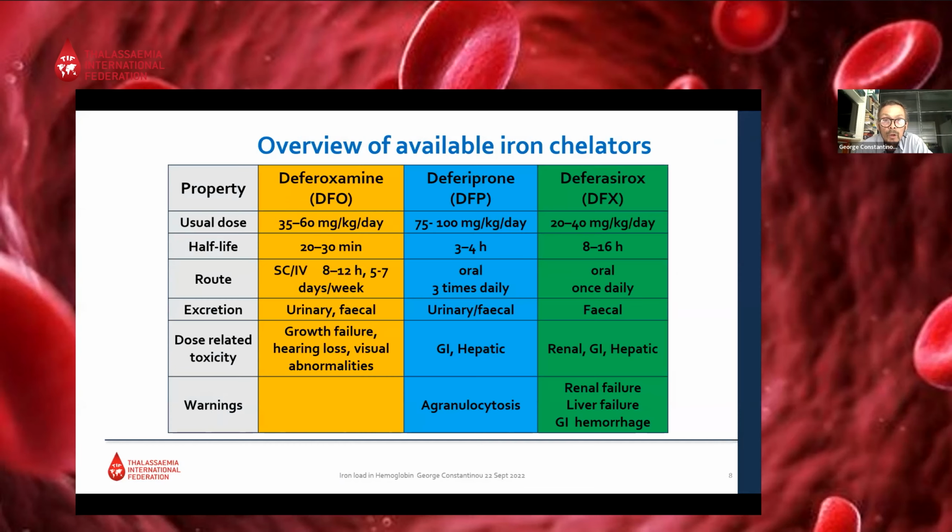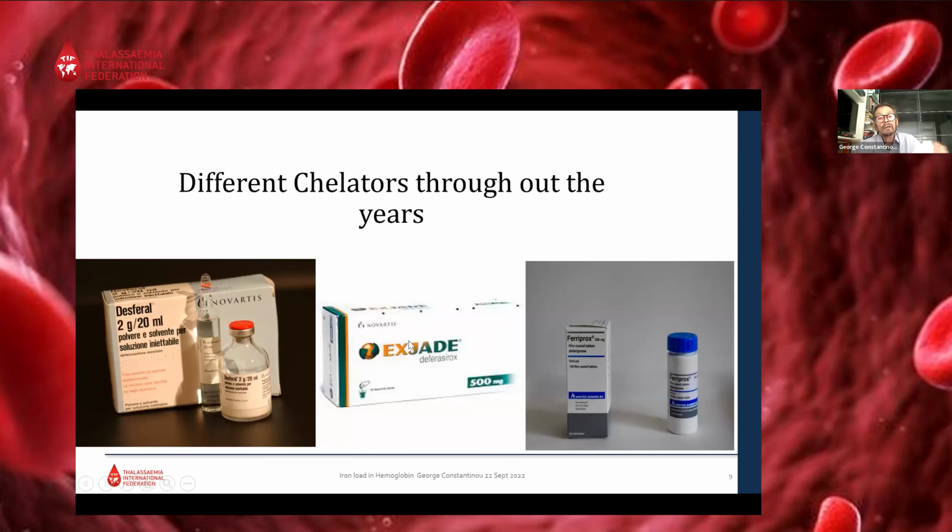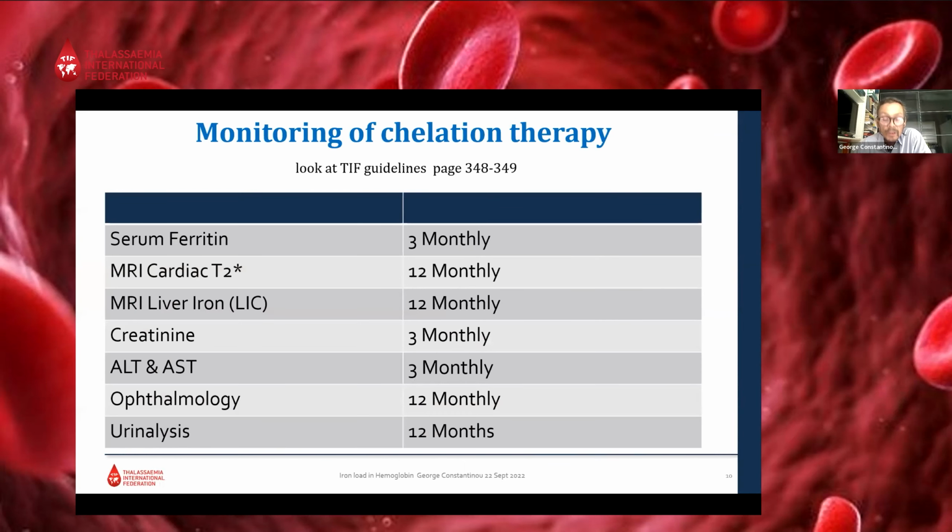I'm sure you all know this, each one of those different chelators, the usual dosage and the parameters. And as I'm sure you know, each one of those drugs that we all use, unfortunately now, from what we understand, the market is full of generics or fakes, and this is something that TIF should now start investigating because it is a worrying factor. What we need to worry about